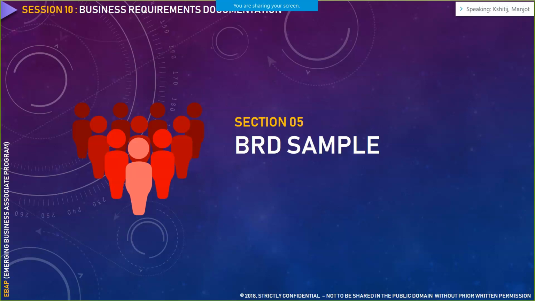Yeah. What's the difference between BRD and FRD? See, FRD is your functional requirement document. So FRD is a subset of BRD. In BRD, you define the functional and non-functional requirements at a very high level. In FRD, you detail it out. You have to support it with other artifacts like your data dictionary, your database modeling, physical schema, conceptual schema. Essentially a language which would be well understood by the development team. So BRD is a document for the business users and FRD is a document for the technical users. So you can relate it this way.